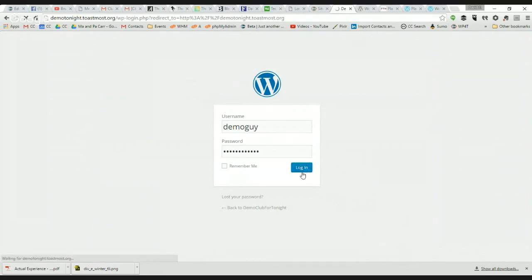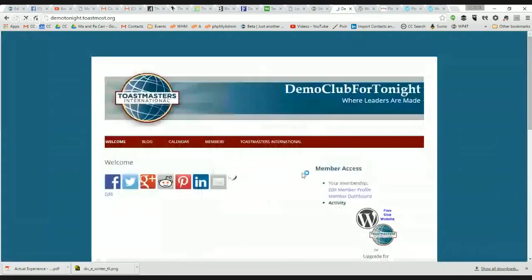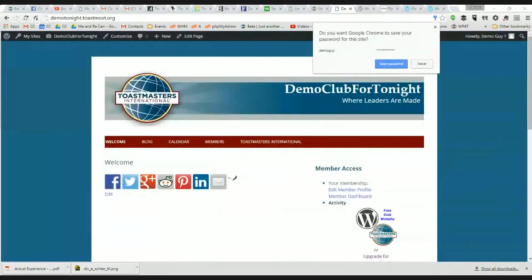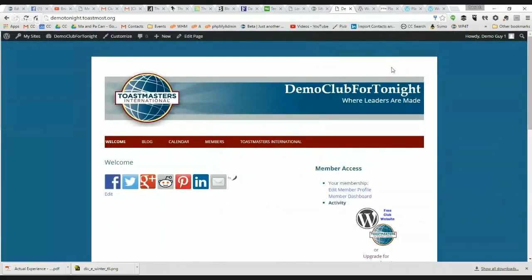You don't need to remember the string of gobbledygook forever. You can also tell your browser to save the password for you, which maybe is good enough. If you use the same machine all the time to come in and edit the site, that might be just fine. So again, now we have a blank website.